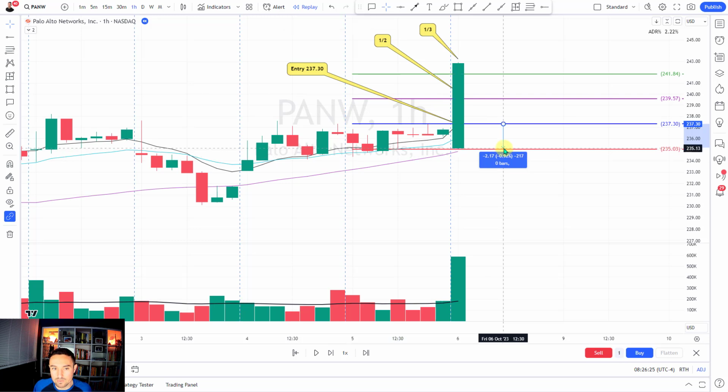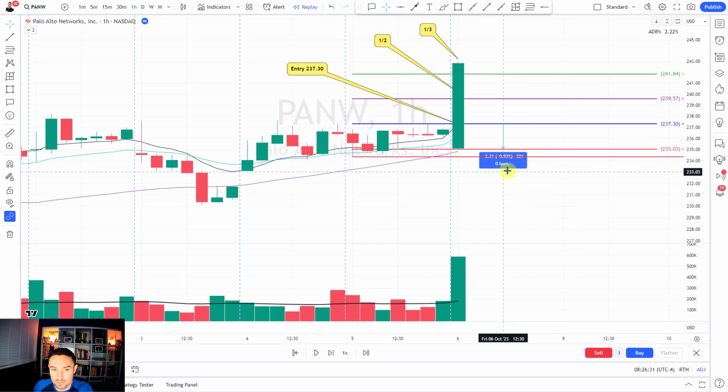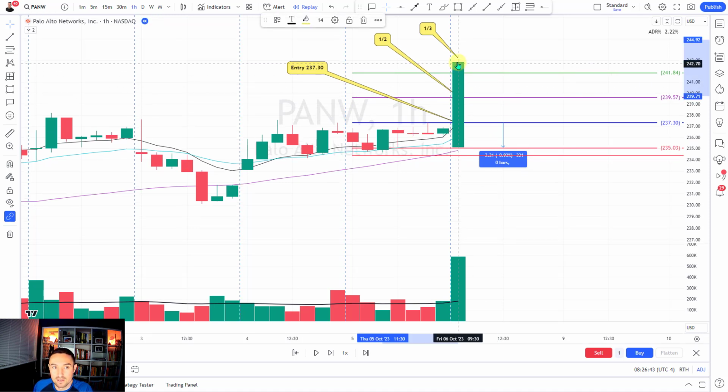So now we're tightening up our risk control. My initial stop loss was down here at around 1.25%. But now I could move my stop loss up from 1.25% to the low of this bar here. So now I'm at about 0.93%. Interesting. Now look how my free roll targets have changed. Now I could sell a half here, or I could sell 1/3 of the position right there